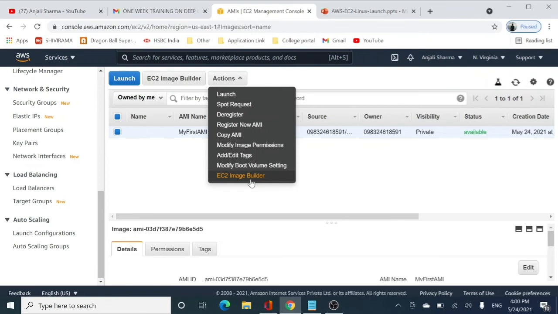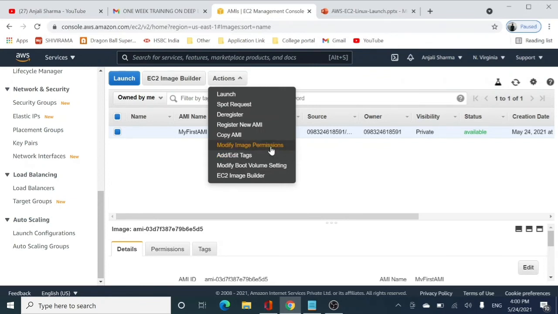First of all, what we will be seeing is how we can change this particular visibility. Now this is the visibility of your AMI. This is private. What does it mean? That only you can see your AMI, and only you can use it, right?